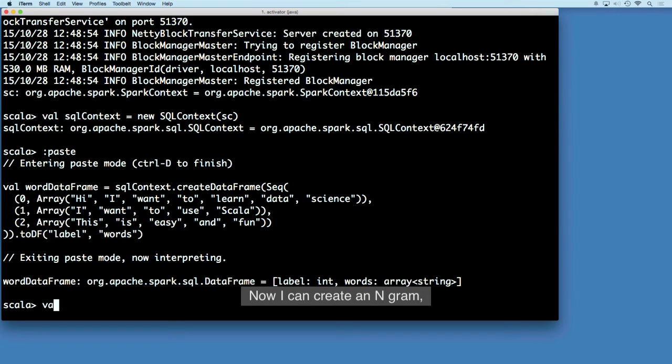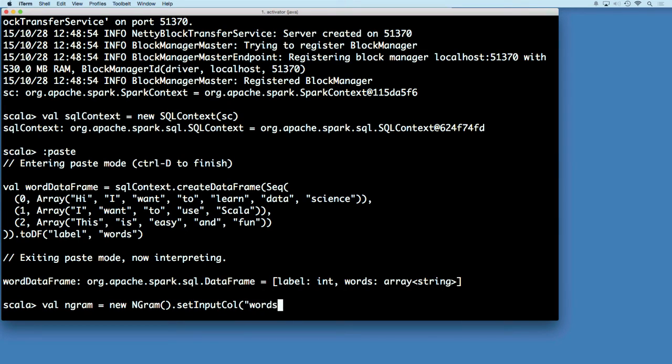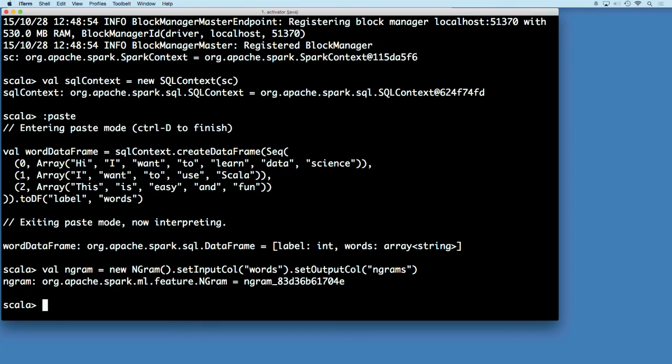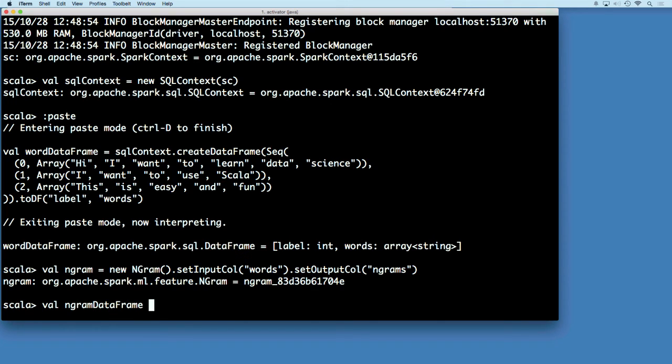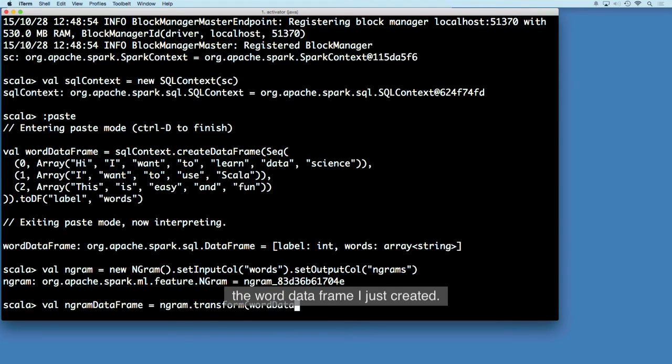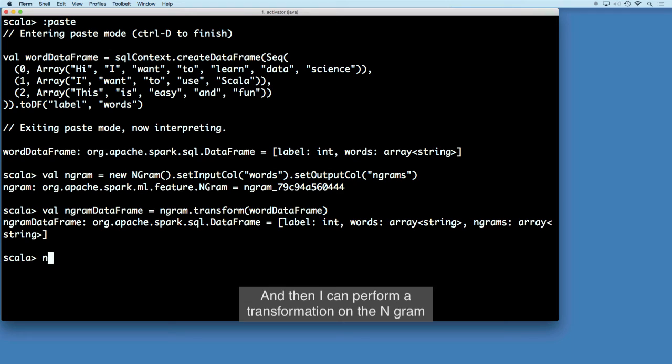Now I can create an n-gram by creating an instance of a new n-gram class where I have to set some arguments to the new instance. And then I create an n-gram data frame by transforming the word data frame I just created. And then I can perform a transformation on the n-gram data frame,